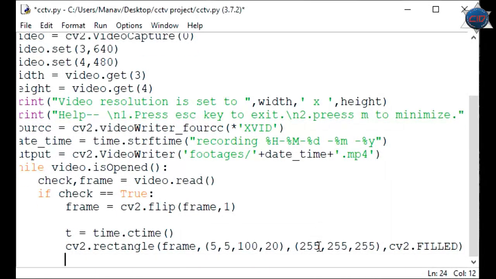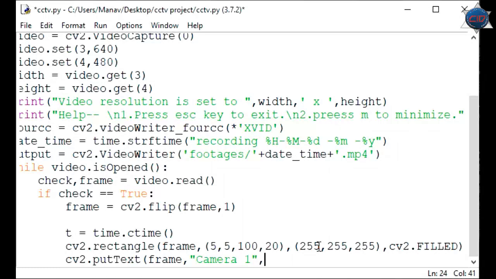That's it, we have created the rectangle, and now we'll have to put the text on that rectangle, so I'll call cv2.putText, and the text will be on the frame, and the text that will be written, I'm passing it as Camera 1. You can pass anything which you want.